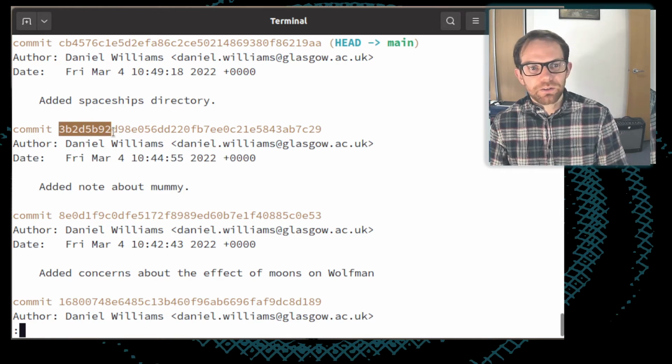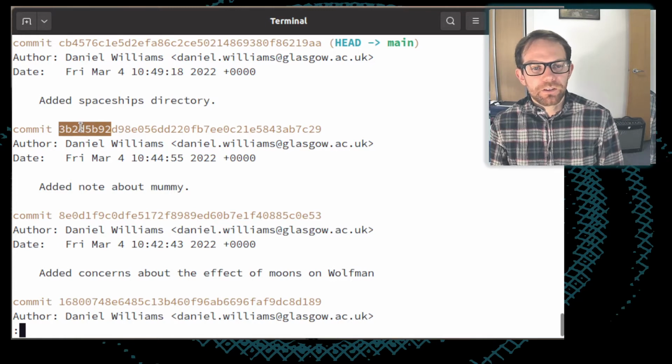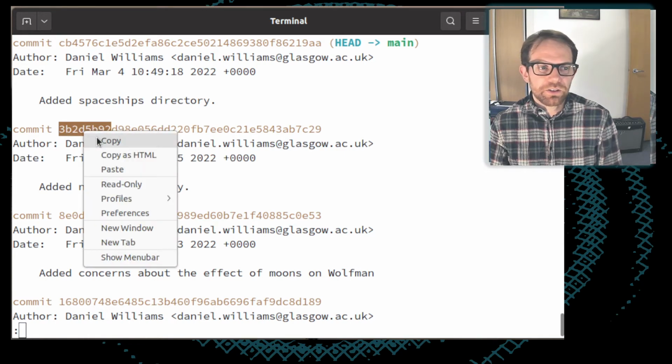Now, this is not guaranteed to be flawless, but in most repositories, it is highly unlikely that there will be a duplication of the first few characters. So say 7 or 8 characters. It's very unlikely that there will be a duplication of these first set of characters because of the way that these things are produced. These are called hashes. And the way that they're produced means that it is highly unlikely that there will be duplication between these.